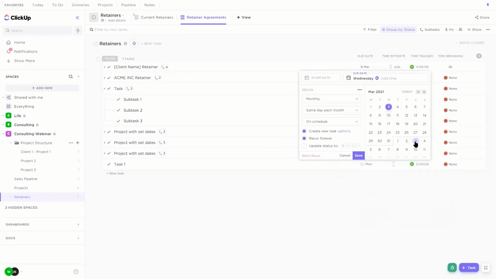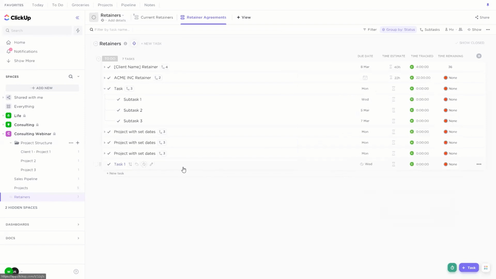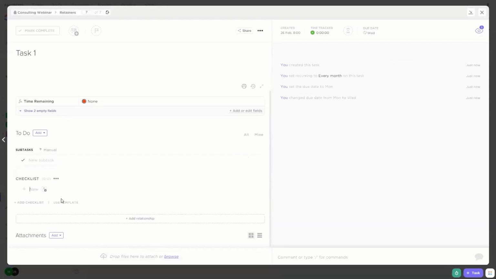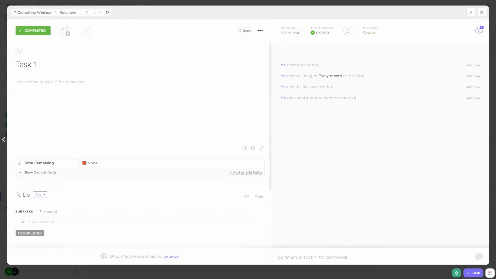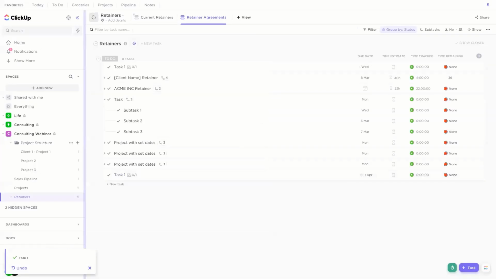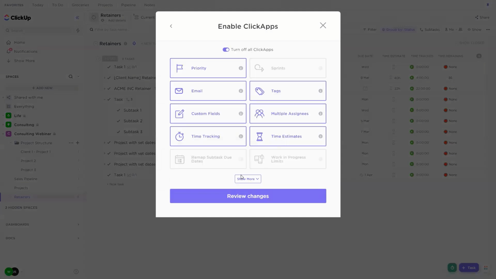Otherwise, I would be tempted to just set myself a checklist reminder and say, hey, change this back to the 1st. And when you go to complete it, assuming you have the ClickUp on for, I'm just going to turn it on here, for, I forget what it's called,